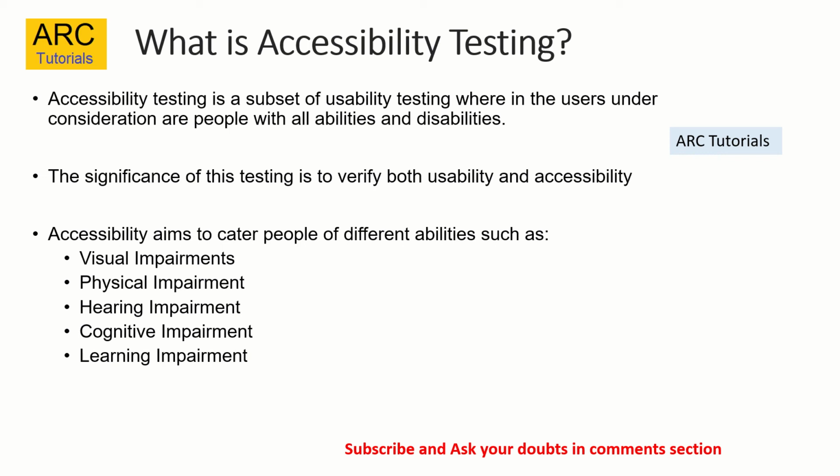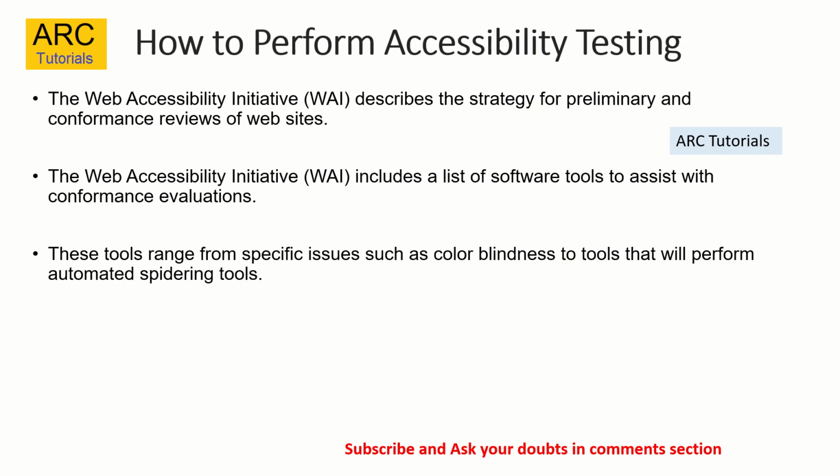So no matter how good you develop a product, no matter how beautifully you architect it, no matter how complex the logic or tools you use, if your application is not adhering to accessibility testing, it will not be accepted. So what needs to be done, right? How to perform accessibility testing?